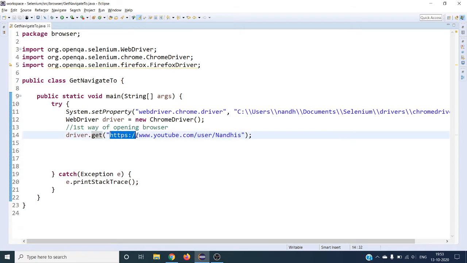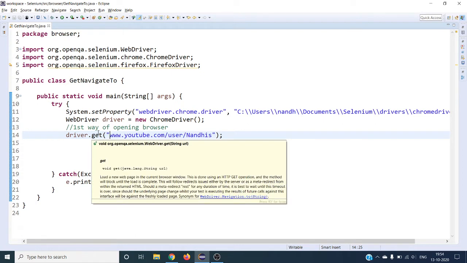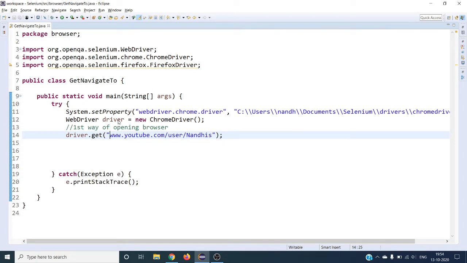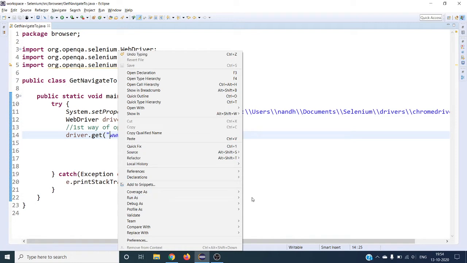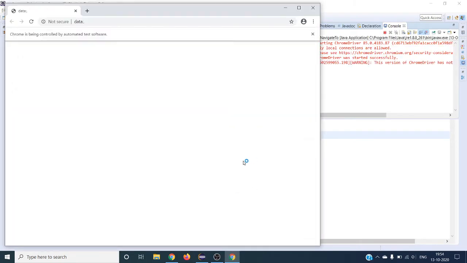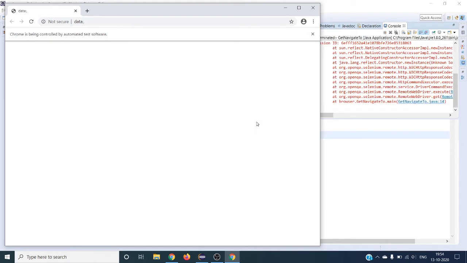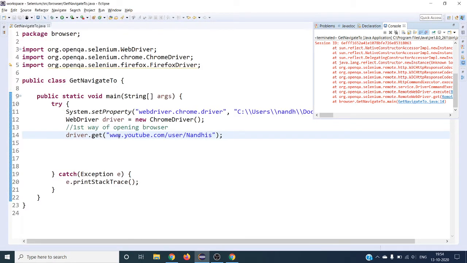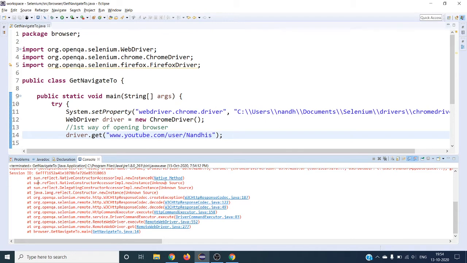Let me remove this and see what will happen. It will give you the invalid argument error because WebDriver is expecting you to pass which protocol it has to use. Let's try and see the exception. It opened the browser but it doesn't launch your application URL, because it is expecting the complete URL.